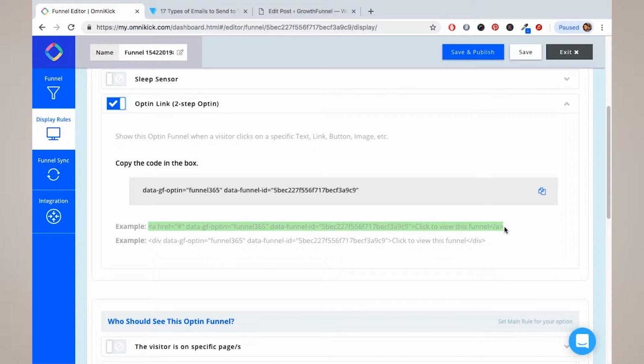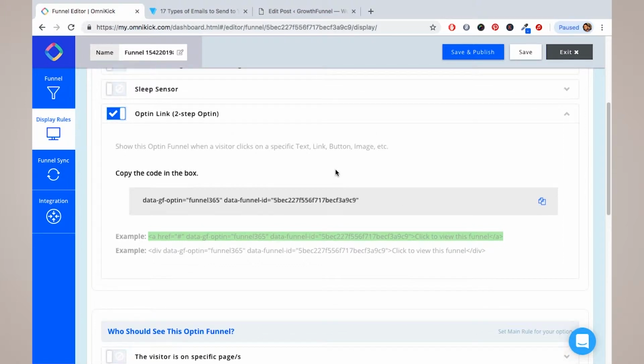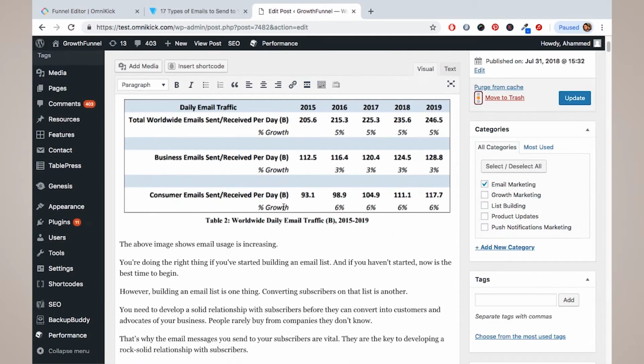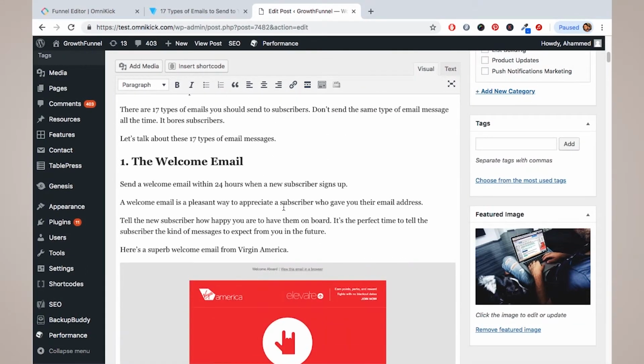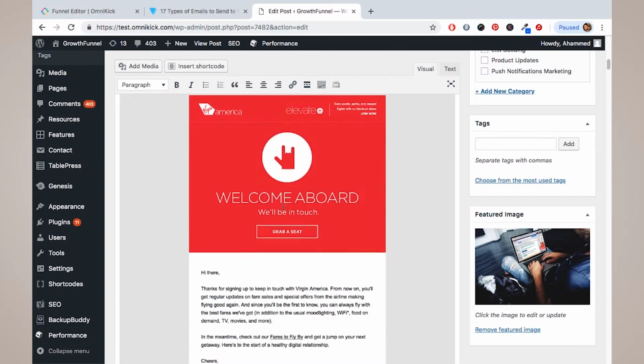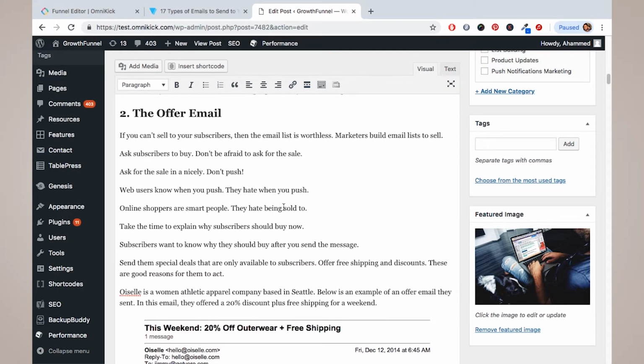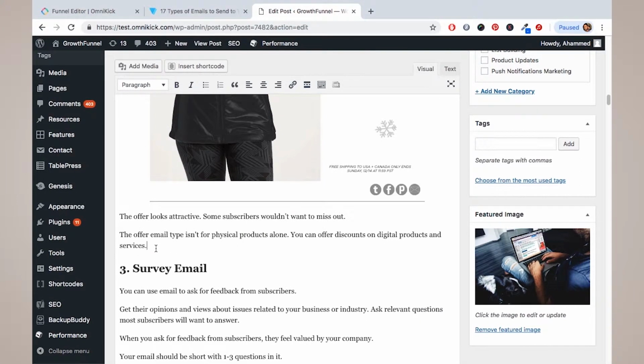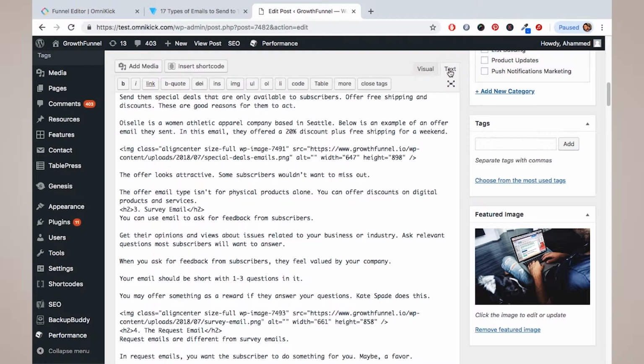All right, and I'll select the place from here where I want to put it in. Let's say I want to put this link right over here at this stage, right at the top of the third point. So what I'll do, I'll click right over the full stop and go to the text. Then I'll paste the link here